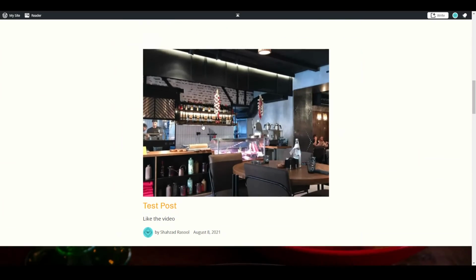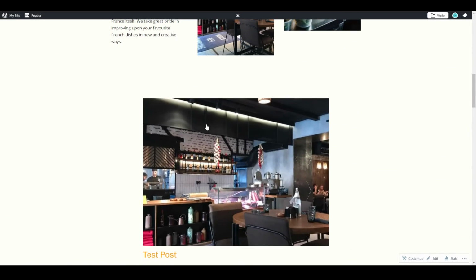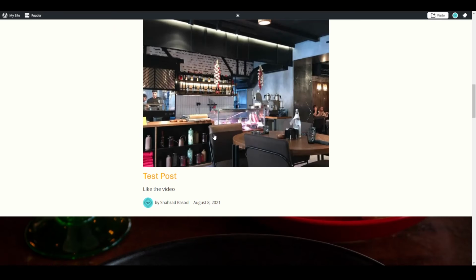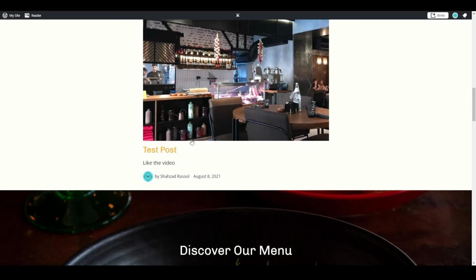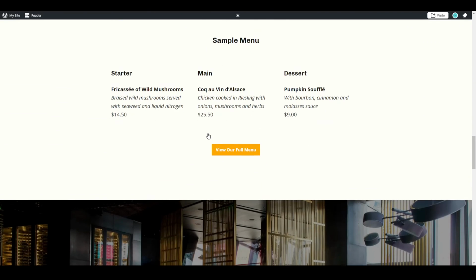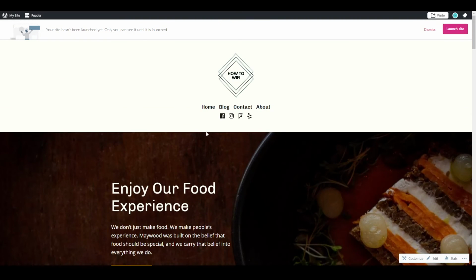scroll down, and here you can see here are our blog posts, and all the posts will be shown right here. And that's how you can make your website in a free and easy way. And after putting all the details, all the information, if you want to launch your site, you can simply click on launch site,